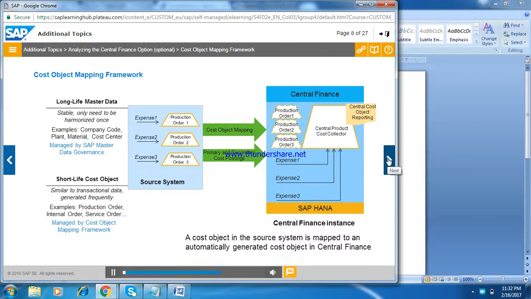The Cost Object Mapping Framework manages short-lived cost objects. A cost object in the source system is mapped to an automatically generated cost object in central finance. Long-life master data is mapped either using SAP Master Data Governance, MDG, or another MDG solution, which can be in the same system or somewhere else in the landscape, or in the case of SAP MDG, deployed in SAP HANA